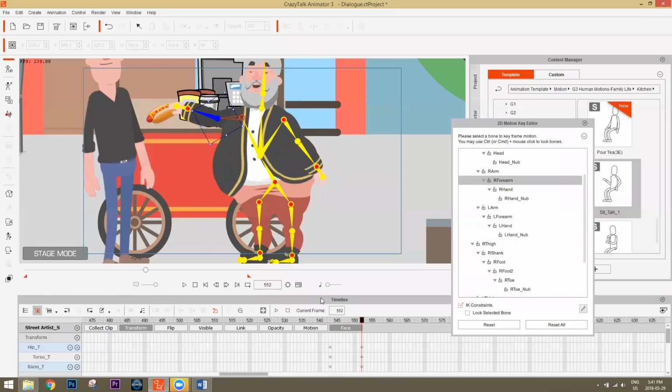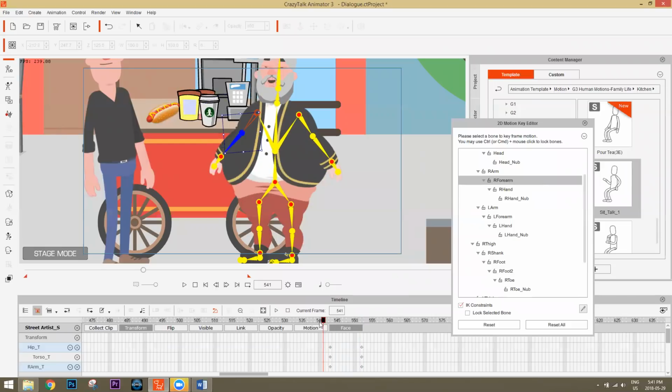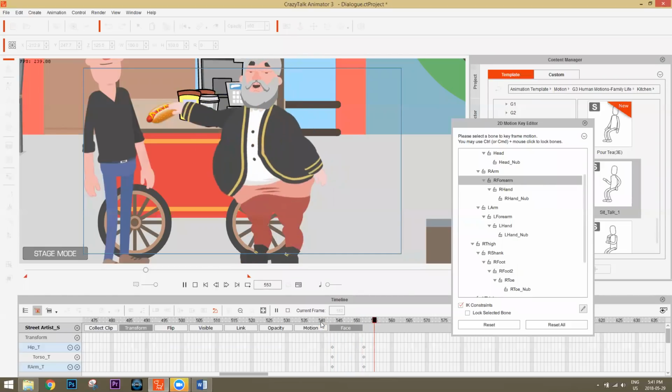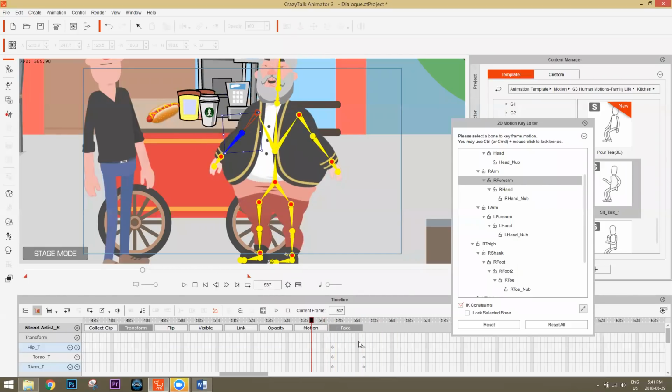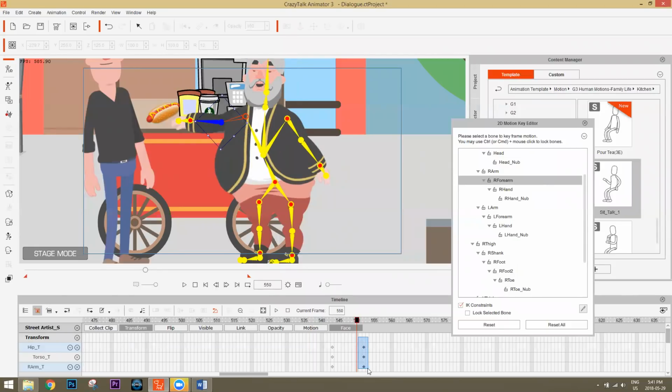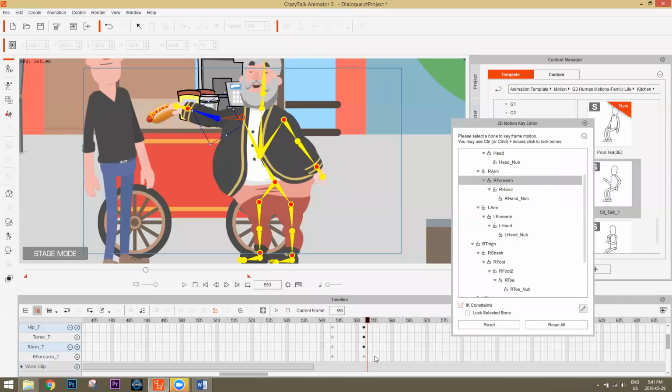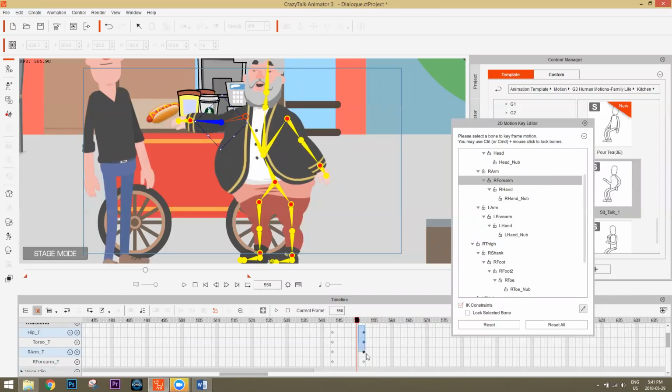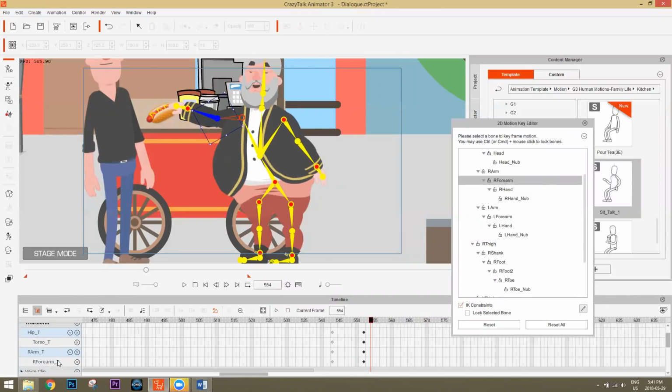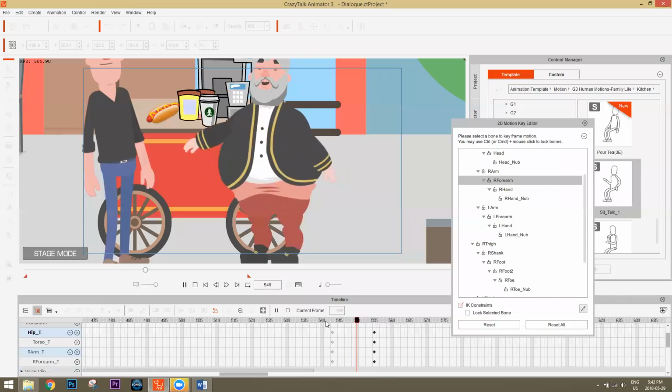Now, if you want to add a bit more variety, this might be a little bit too fast as well. But I think the speed is okay. If you want to make it a little bit longer, you can click and drag all the keyframes right here. Make sure you click and drag all of them, the transforms, because there's forearm, there's arm, there's torso, there's hip, and click and drag those a little bit further, and that'll make your animation longer.